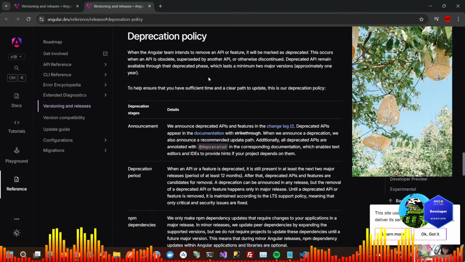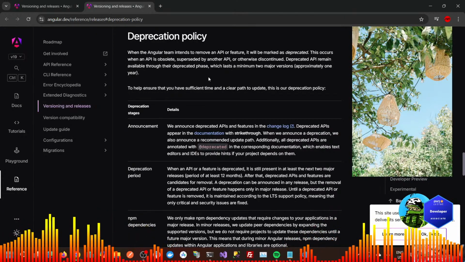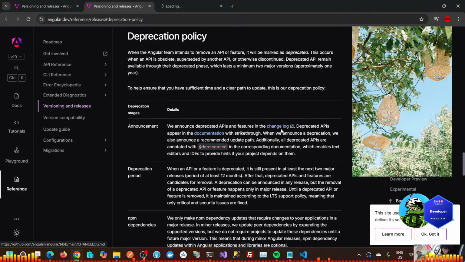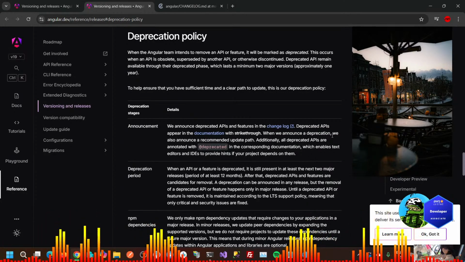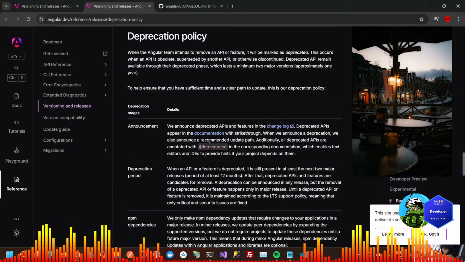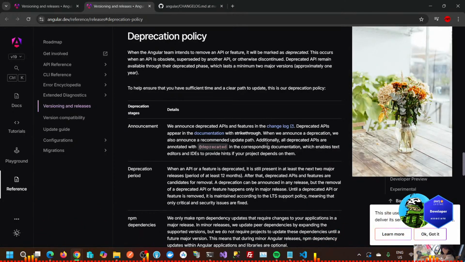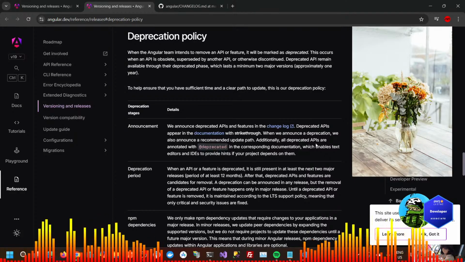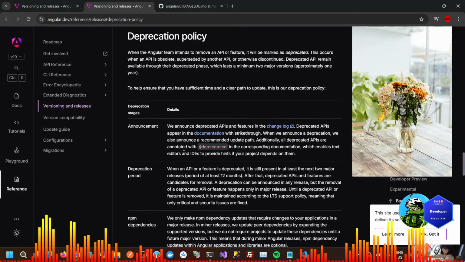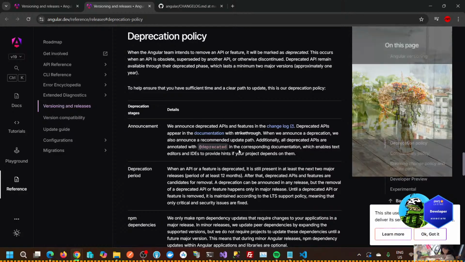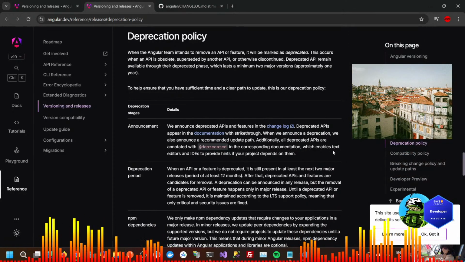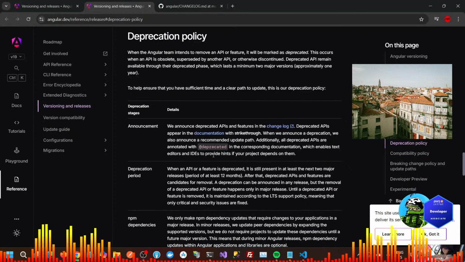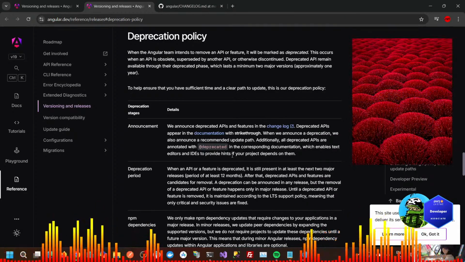Announcements. We announce deprecated APIs and features in the changelog. Deprecated APIs appear in the documentation with strike-through. When we announce a deprecation, we also announce a recommended update path. Additionally, all deprecated APIs are annotated with @deprecated in the corresponding documentation, which enables text editors and IDEs to provide hints if your project depends on them.